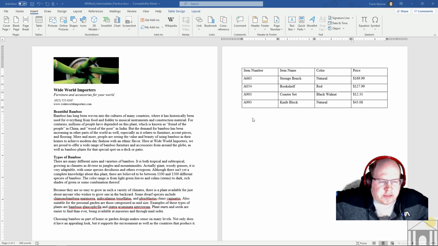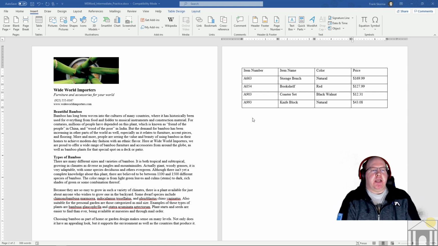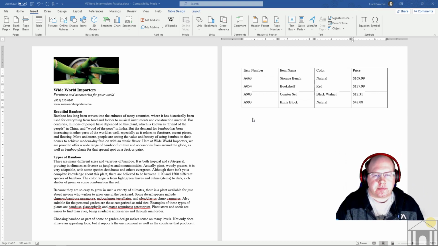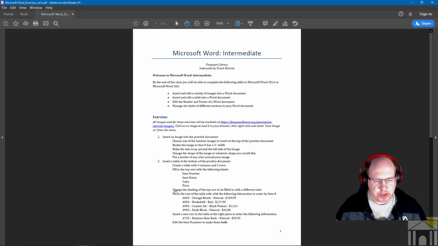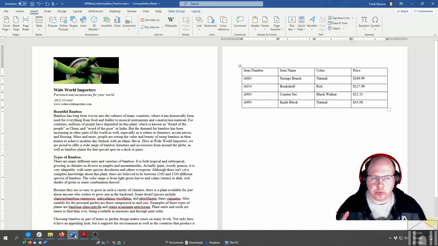All right, so how is everybody done with inserting their tables and filling in information? Good? Okay, so you remember noticing actually on the exercise sheet, I did mention things about change the shading of the top row to be filled in with a different color. And then we're also going to go down and we're going to insert a new row. So we're going to learn now look at how to actually work with the table